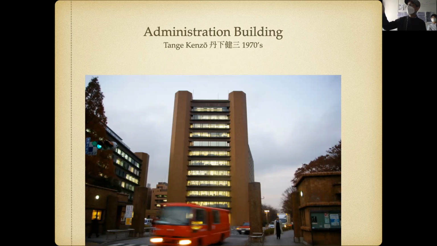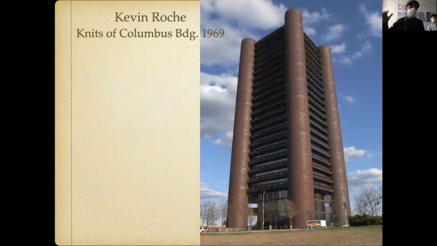And the administration building is a great building. 1970, it's very much 1970s. He keeps the bricks, right? Same tiles, but it's definitely a modern building. Actually, it's a couple of lower buildings to keep the scale. And this is one of the few buildings which are kind of high rise. Very careful with the details. And obviously it is quite inspired by the famous Kevin Roche Knights of Columbus building, right? This is one of the choices we have for high rise, the cores in the four corners.